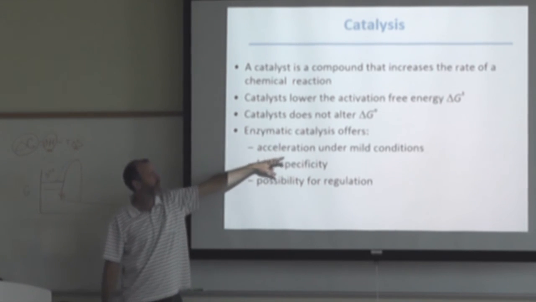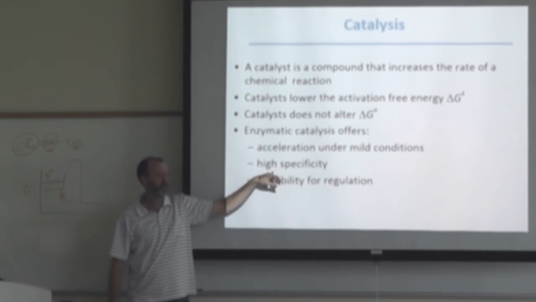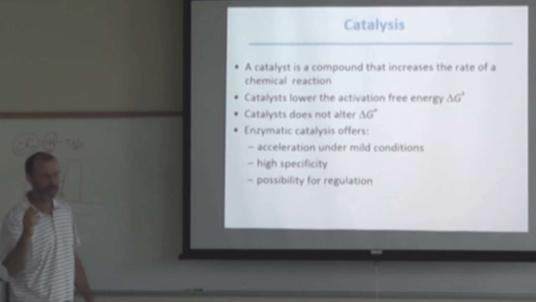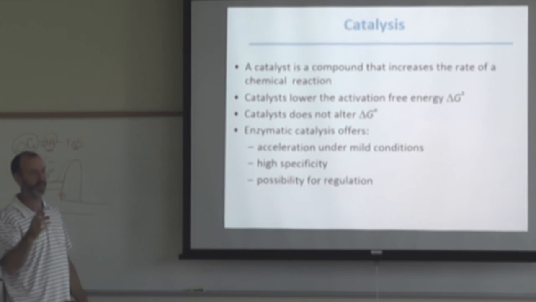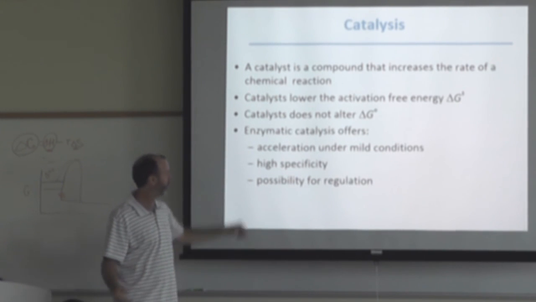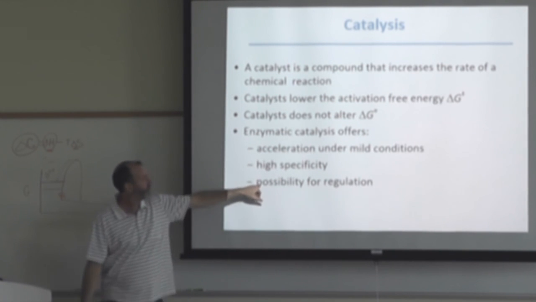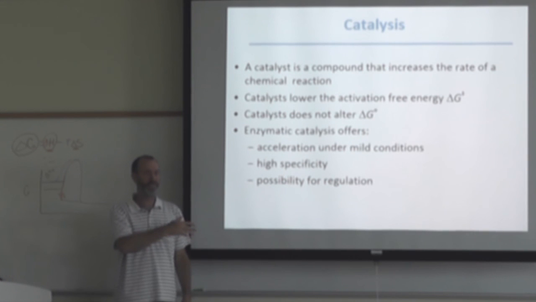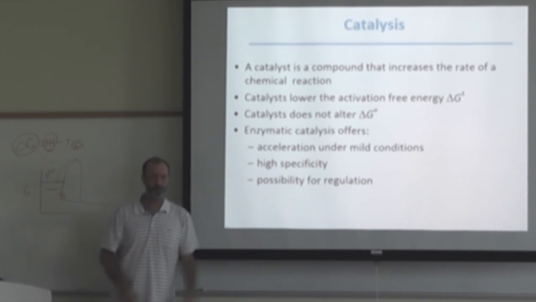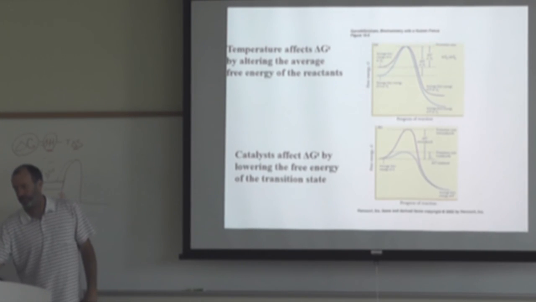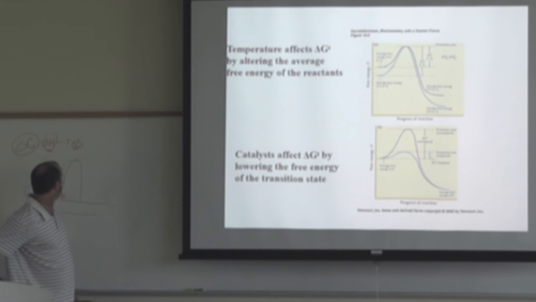Enzymatic catalysis offers acceleration under mild conditions and high specificity, so it'll only catalyze the reaction you want, rather than, say, platinum, which will catalyze lots of different reactions. Or the possibility for regulation also. So you can modify enzymes so that you can either turn them off and turn them on. And this is the figure that I drew here kind of